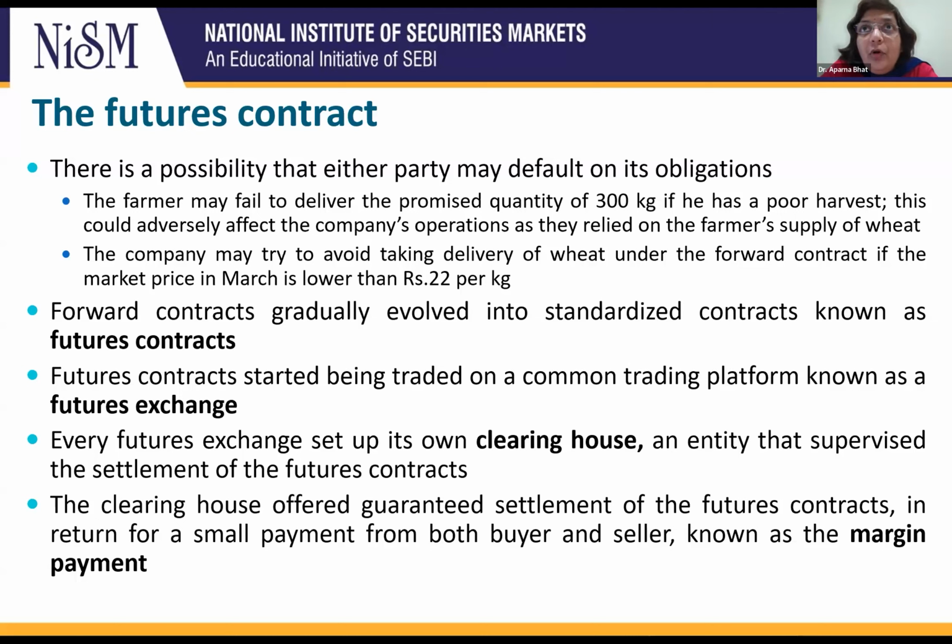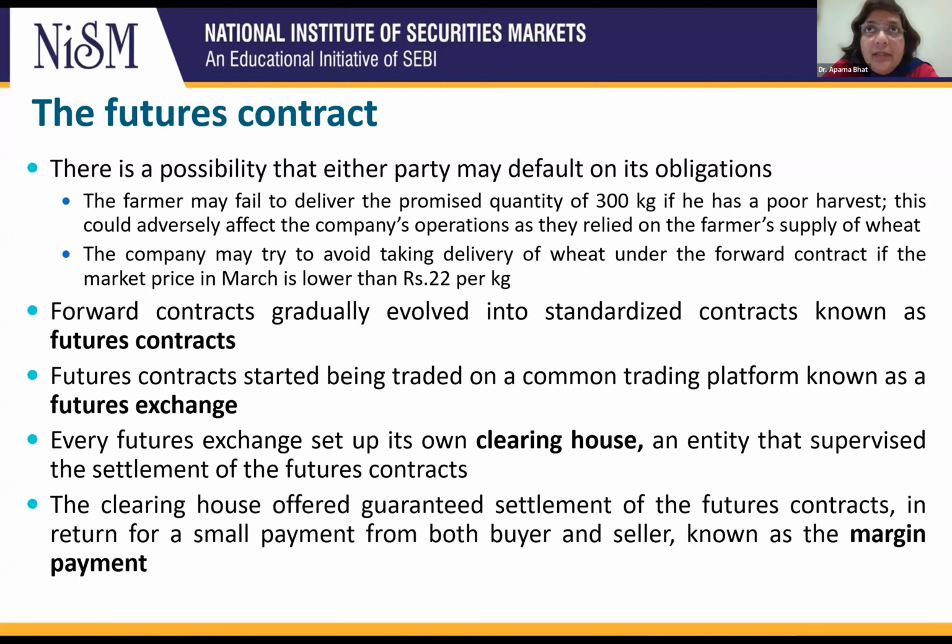So in the early days, we are talking about like 1600 AD, 1700 AD, there was no exchange as such. So all these forward contracts were negotiated by the parties between themselves. This kind of market, where the contracts are negotiated directly between two parties, we call the over-the-counter market or OTC market. So what is the special feature of an OTC market? Here, the buyer and the seller interact with each other directly and negotiate the contracts directly. And the payment and the delivery also happen directly between the parties.